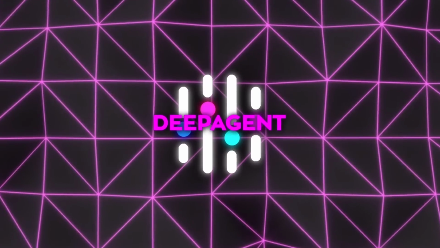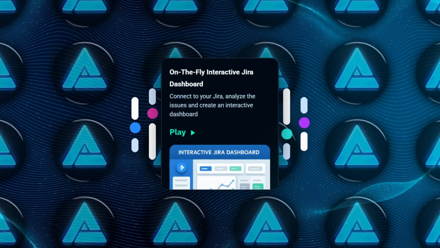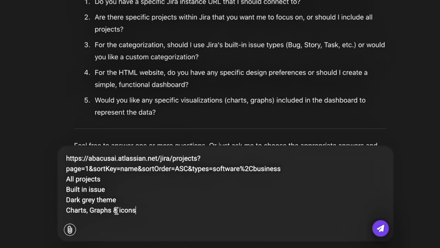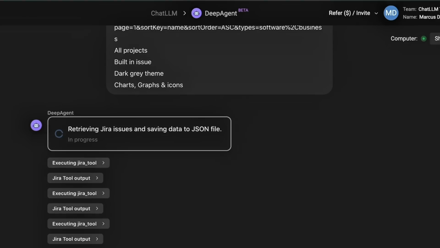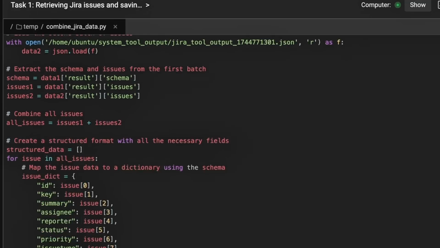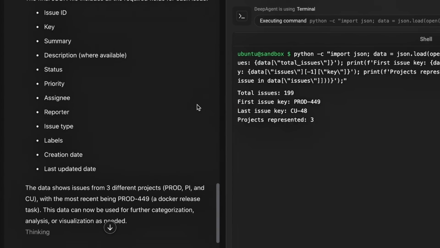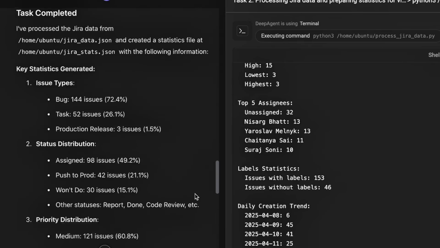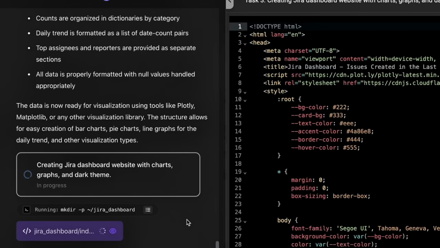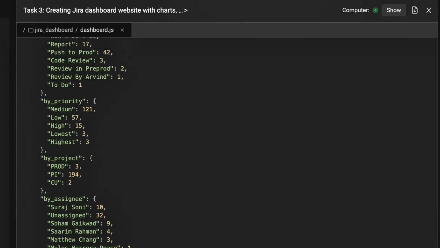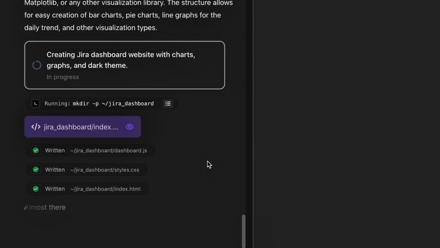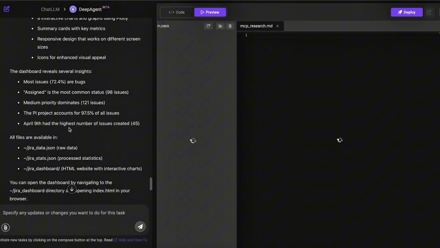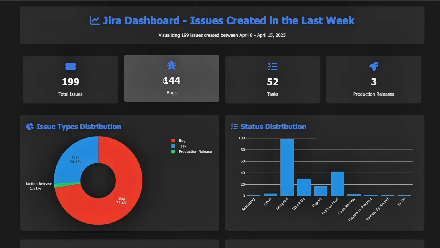In another run, the agent is pointed at a team's Jira Cloud endpoint and asked for a weekly issue dashboard. It authenticates via OAuth, yanks JSON for the last 7 days, and dumps counts into Plotly charts. Bugs in red, features in blue, chores in gray. The agent then stitches those charts into a single-page site, adds a text search box for ticket IDs, and deploys the bundle on an Abacus staging URL. From "here's the Jira link" to shareable dashboard clocks under 5 minutes, and you can actually hover each bar for